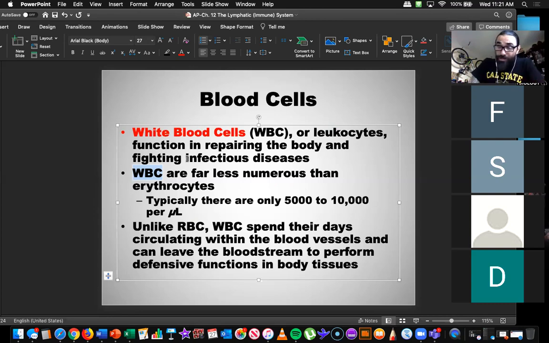Antibiotics are made by a type of white blood cell we call a lymphocyte, which I'm going to get to. What they do is they're hunters. They target a specific infection. So again, if I take antibiotics every single day, what do you think would or would not happen? Again, antibiotics target a specific infection. If I take one antibiotic every single day, what do you think would happen to me? Come on, guys, think critically.